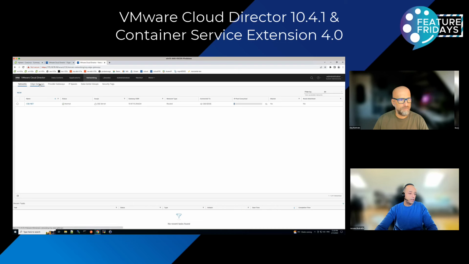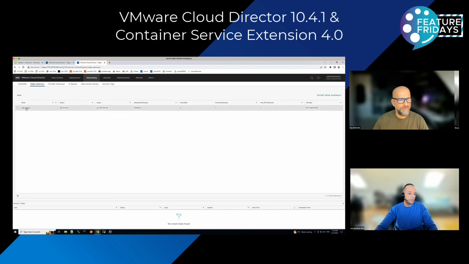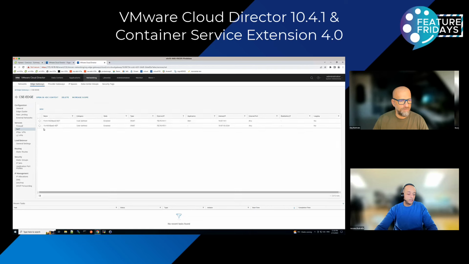I have an edge gateway here, which is configured with 2 NAT rules. A source NAT, to allow your CSE server to be able to reach Cloud Director, and a destination NAT, just to allow me from my jump box to access the CSE server, so I can check the logs and so on.